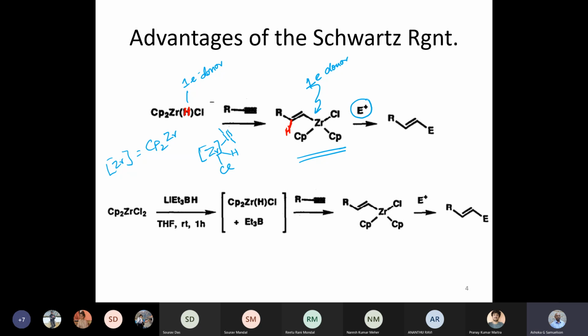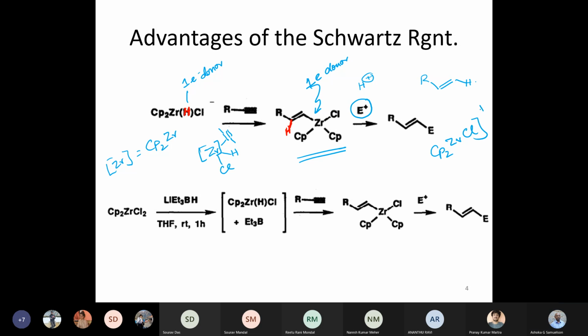An electrophile could be a positively charged species. In this particular instance, it is shown as a positively charged species, but it doesn't have to be. It can be any other species, but let's assume that it is, say, a proton. Then you end up with an alkene. And the net reaction, if it is a proton, for example, would be Cp2